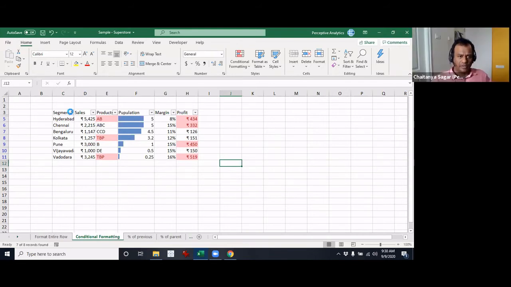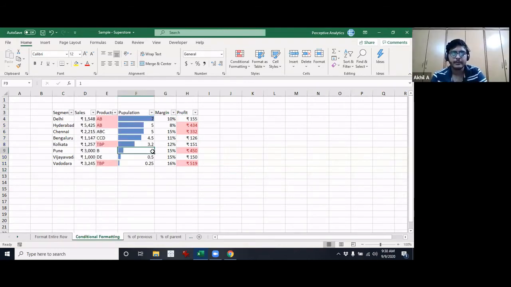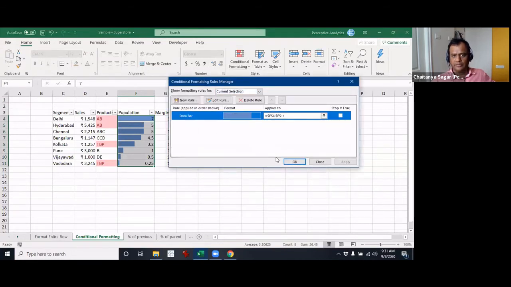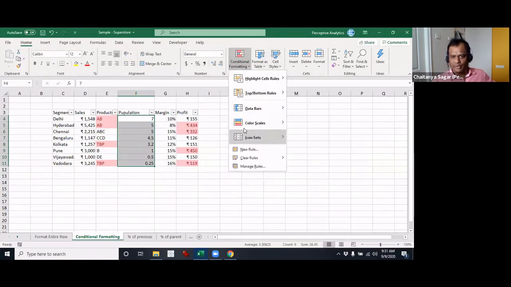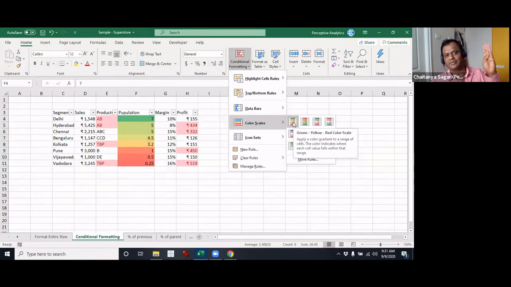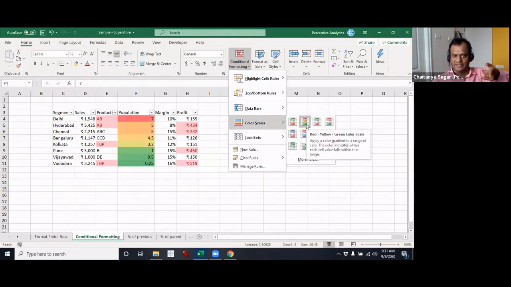All right, so let's go back here. Let me get rid of this particular one, and then we'll go on to the other. Now here you have what are called the color scales. Color scale means that instead of the data bar, it will have a color, it will assign that color. So this is from green, sort of yellowish, to red. You have the other option also, which is you can reverse the colors and so on and so forth. A lot of these are self-explanatory.